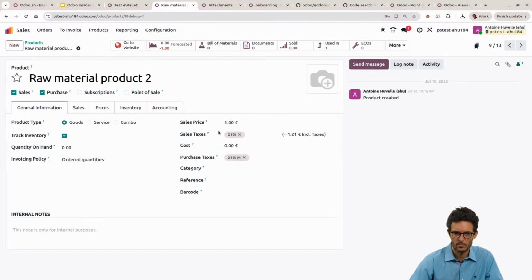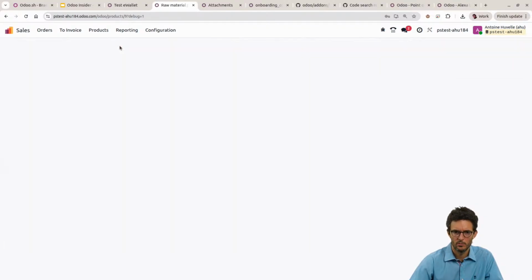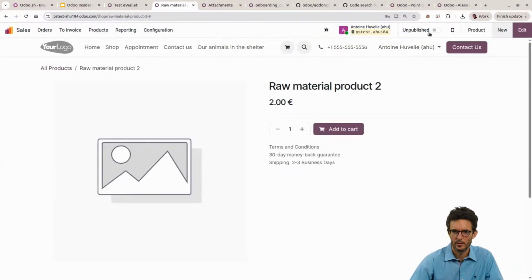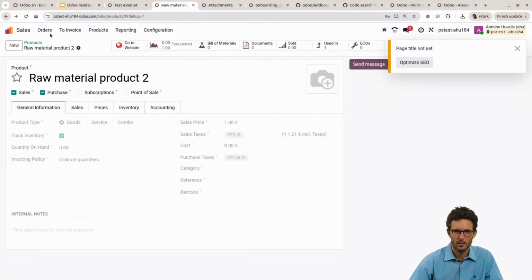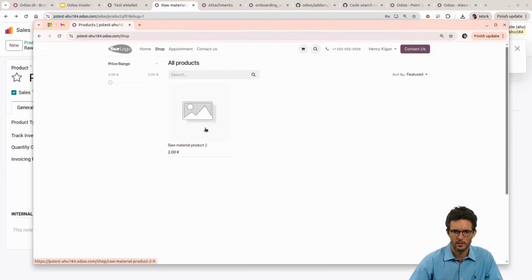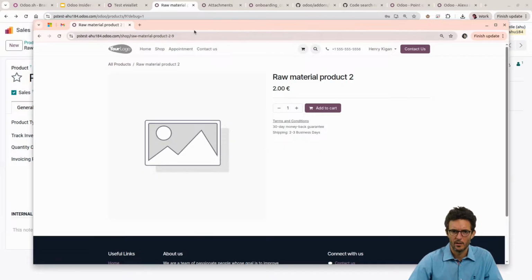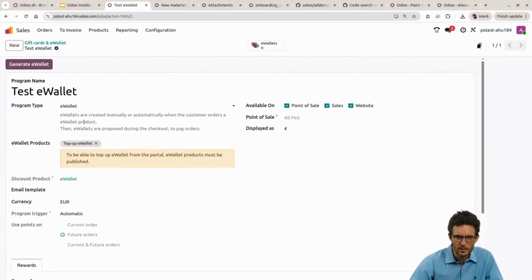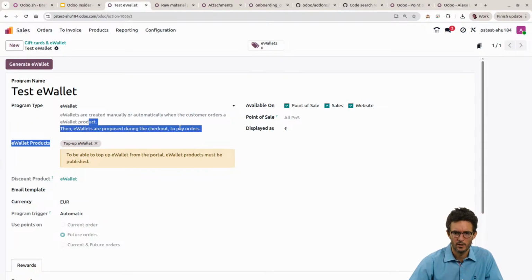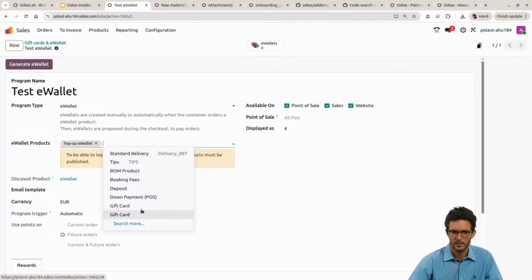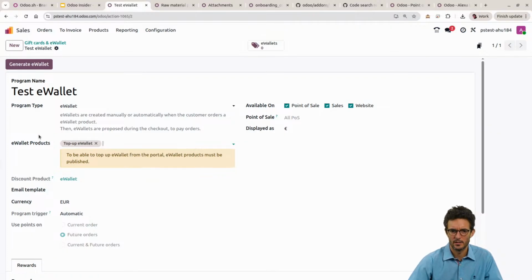Okay, raw material, good. I'm going to publish it. Okay, so now I should have that raw material. E-wallet created manually, automatically when the customer orders our e-wallet product. Okay, but then the thing is,